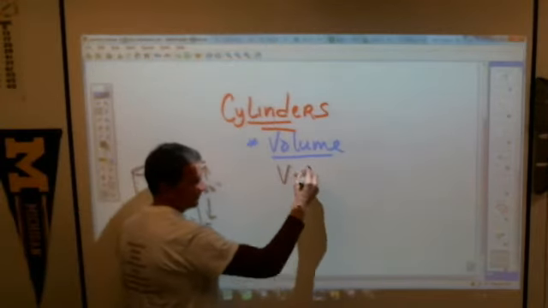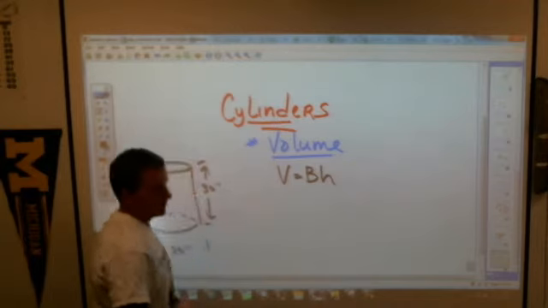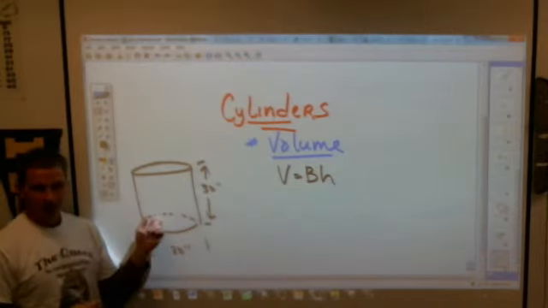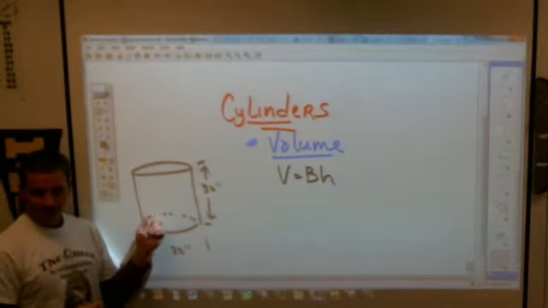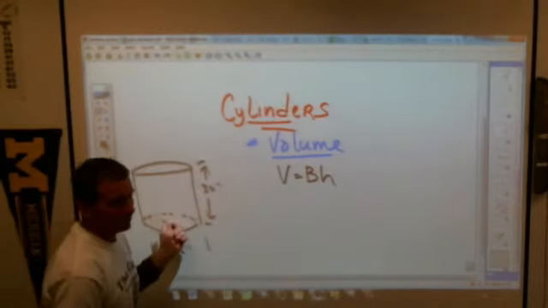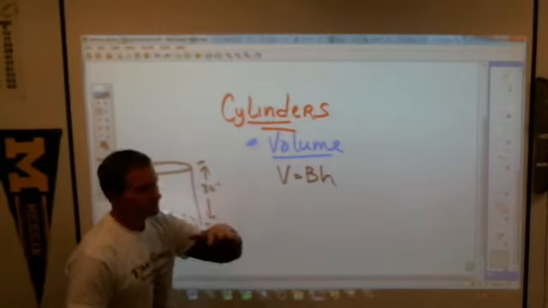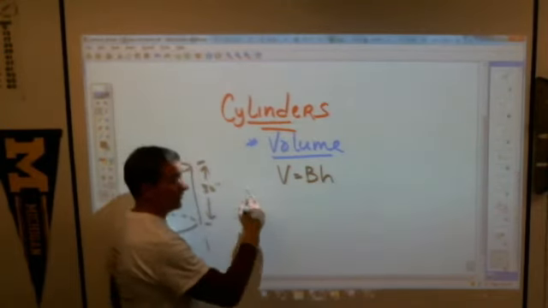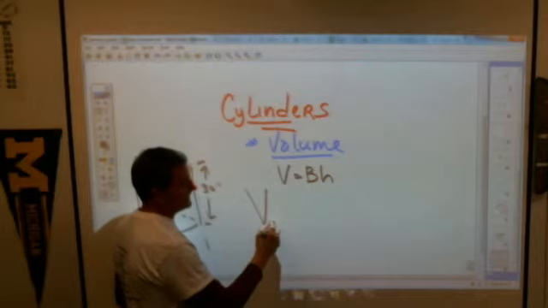Volume equals the area of the base times the height. It still works for cylinders, but we're just going to write down what that would actually mean. First of all, what is the base of a cylinder? What shape is the base of a cylinder? It's a circle. And what's the area of a circle? Pi times radius times radius. So here's going to be our formula we're writing. The volume of a cylinder